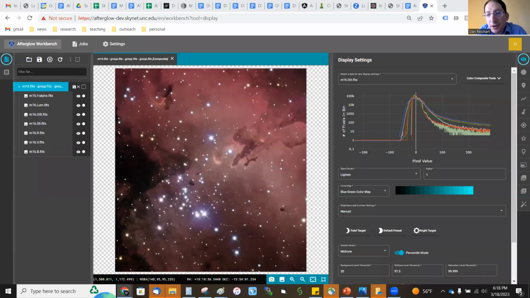Okay, so what have we done so far? We've collected a bunch of data, the Skynet telescopes, in the visible part of the spectrum, a whole bunch of images. We've learned how to put them together into nice, clean, deep, hopefully low noise stacks. And then we learned how to group those stacks, put them together in a group, set the order, set the colors, set the blend modes, adjust the brightness and contrast until you eventually end up with an image like this